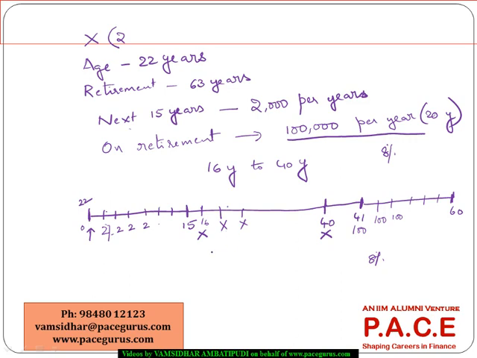And now I need to find out how much should be the amount at this particular point, what should be this X that needs to be contributed so that this goal is met. Correct? Okay, let's try to look at solving this. Now I'll shift myself to here. If I shift myself to here and try to find the present value at this point,